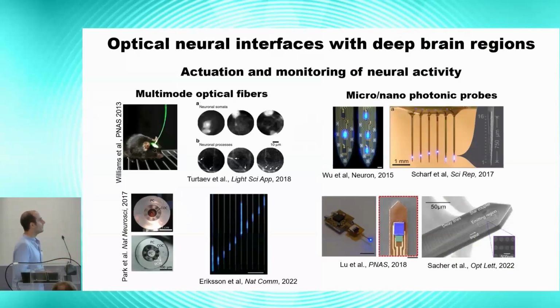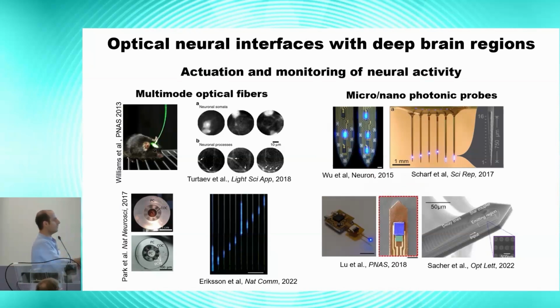As a brief introduction, as I'm sure you're all familiar with, in the last couple of decades, there's been a lot of advancement in the study of optical interfaces in order to control and monitor neural activity, mostly in the mouse, thanks to the availability of genetically encoded molecular actuators and reporters that allow to inhibit activity, stimulate activity, or to read out activity. Now, if you look at the probes, there's two main kinds. The one on your right